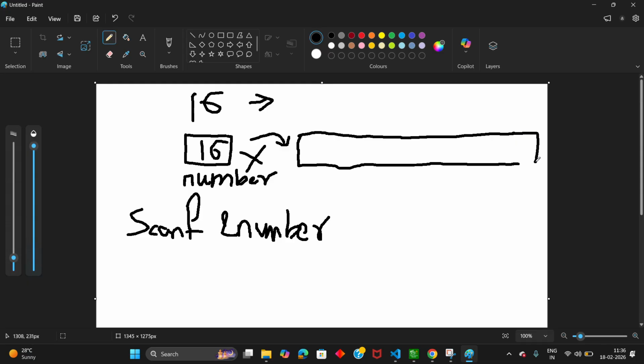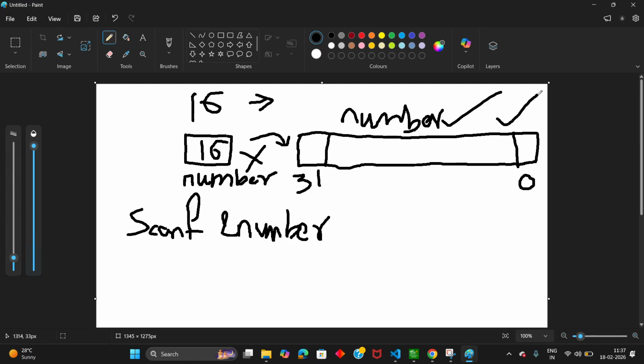If you take this memory location, this is the 0th location of that memory location, and it is the 31st location of that memory location. This is a single memory location. For example, our number is stored in this location, and that location is of size 32 bits.